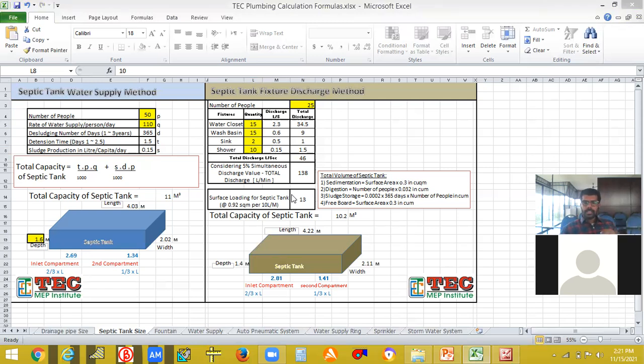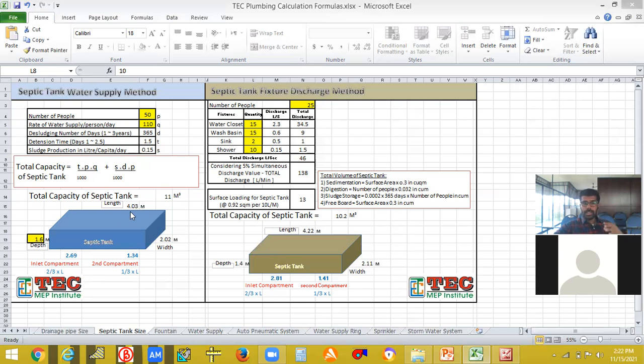While knowing the dimensions of the soak pit or wastewater pit, we have to see the percolation test. We will be doing some percolation test also, because we need to know the type of soil and its absorption rate. We need to know the absorption rate of that particular soil, because this is called a soak pit. We need to know the ability of the soil to absorb the water. So today we will be dealing with the soak pit.